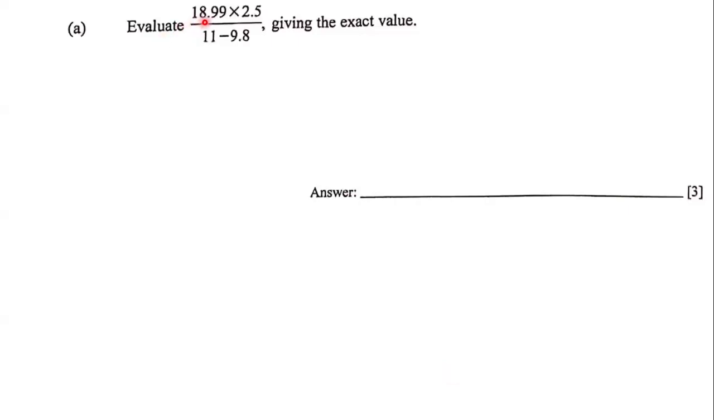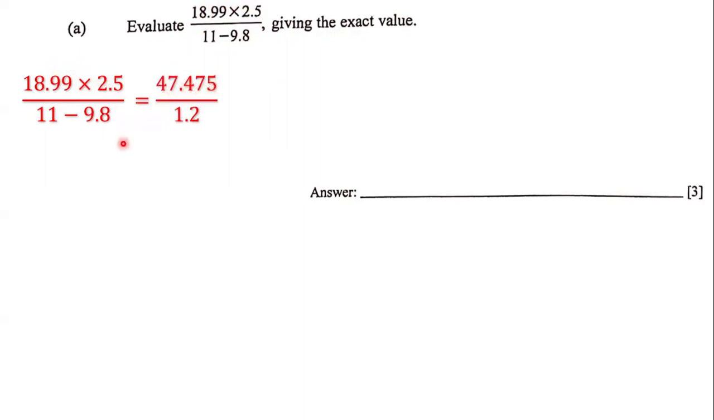Evaluate (18.99 times 2.5) all over (11 minus 9.8), giving the exact value. And so we have to give the exact value of this numerical expression. The first thing that we're going to do is concentrate on the numerator, and we're going to multiply the numbers that are in the numerator. So we have 18.99 multiplied by 2.5, and that gives us